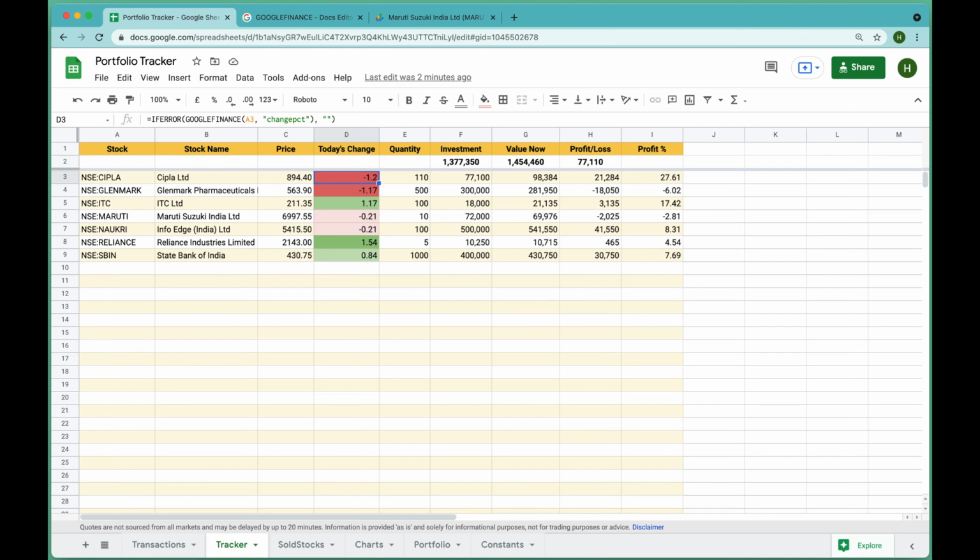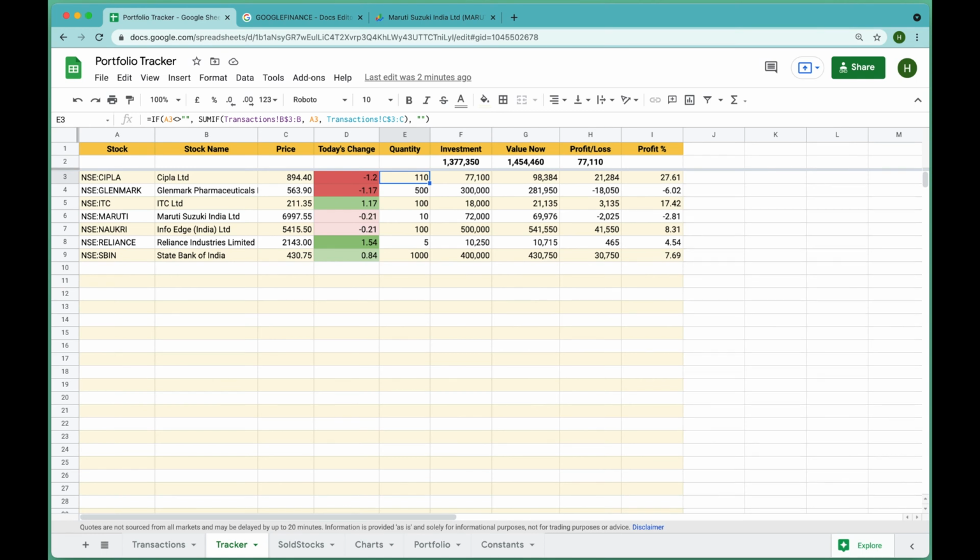I have also added some background color to it. If the stock price is higher than the previous close, then the color will be green. If it is lower, then it will be red. If the change is near to 0, it will be white. It will also display light and dark shades of green and red to show the higher and lower percentages. In the sample data, Reliance Industries stock is having the maximum positive percentage increase and hence it has a background of dark green.